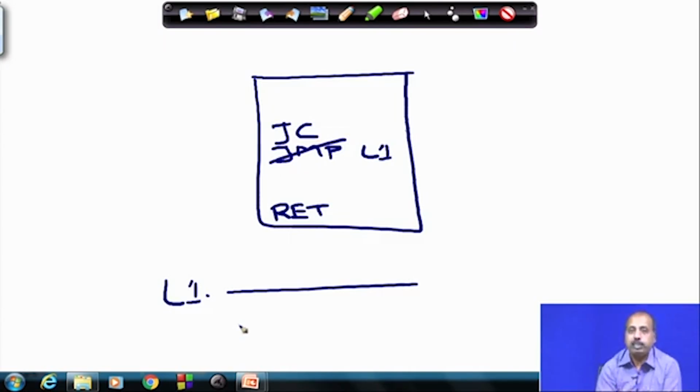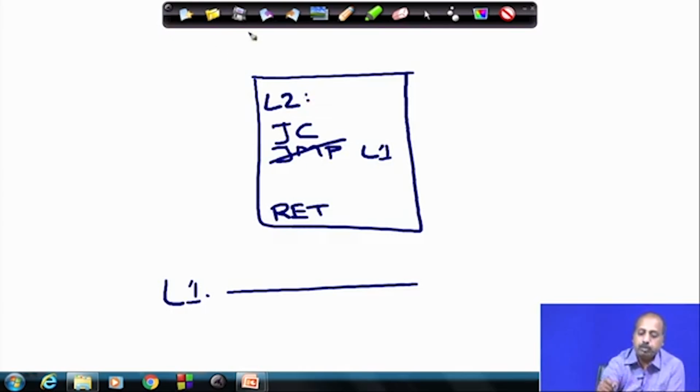Now, if this is done, then the major difficulty is that the stack content becomes inconsistent, because the stack will still have the return value stored in it. So, somehow we have to ensure that the stack pointer value is modified, so that the return value gets discarded. Or if there is a label, say L2, in my subroutine,